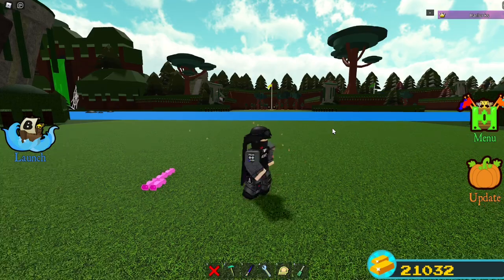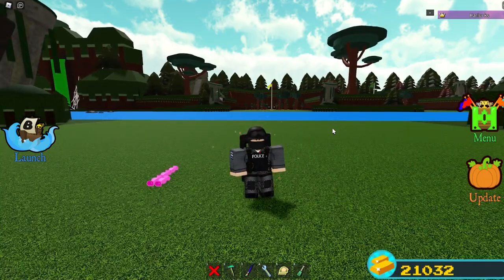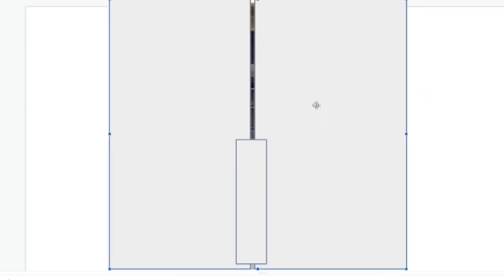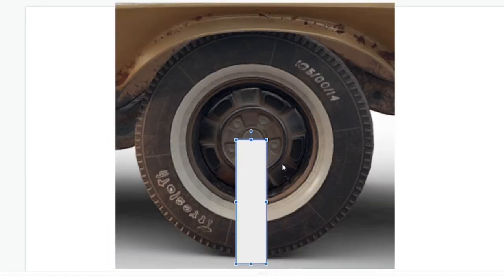Well, first what you want to do is find a good reference picture. I got this wheel here, and the best way I can think of it is like a sliver. Imagine your wheel and cut it down into a sliver. So you see part of the wheel here. We're just taking a sliver,